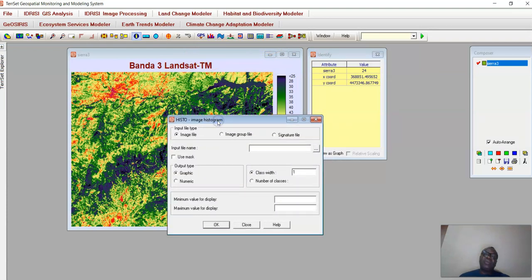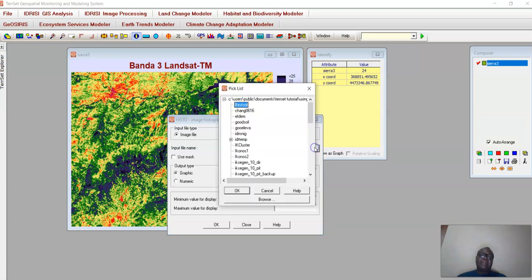With the histogram, we want to look at the profile or the frequencies of the pixel values in the image. It looks at all the pixels in the image and identifies the number of occurrences of each of those values. We are going to select Syria 3, which is band 3 of Landsat.